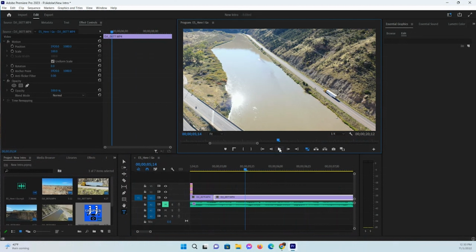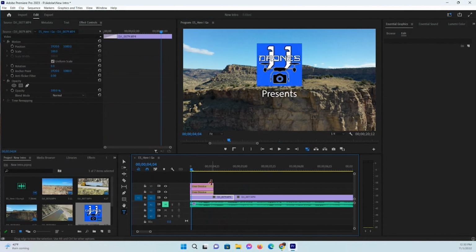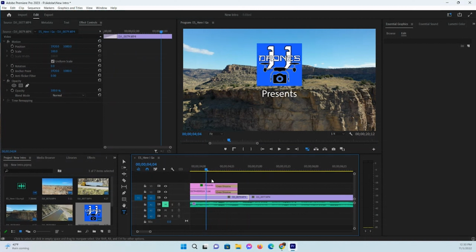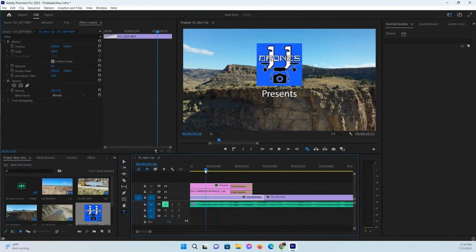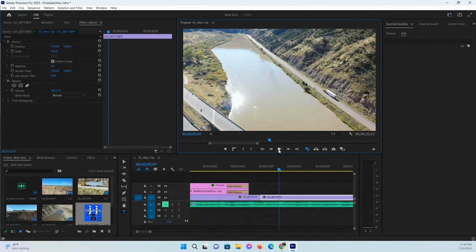Okay, I'm happy with that a little bit. I want it to stay just a little bit longer. So I'm just going to stretch these out. Again, this is just trial and error. There, I'm a lot happier with how that turned out. So now,